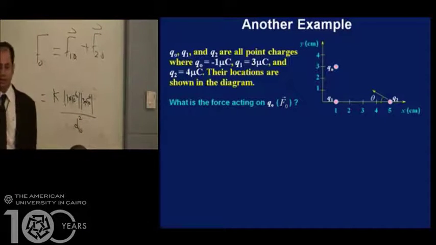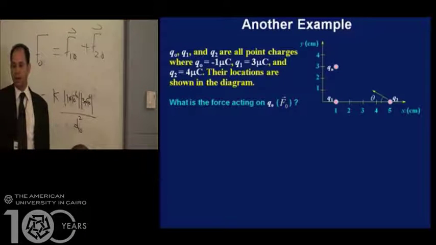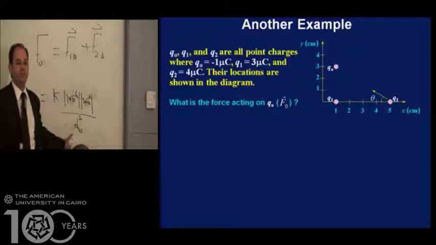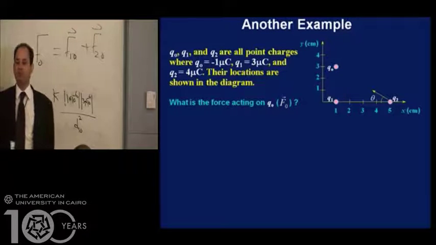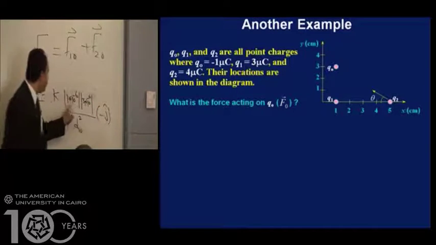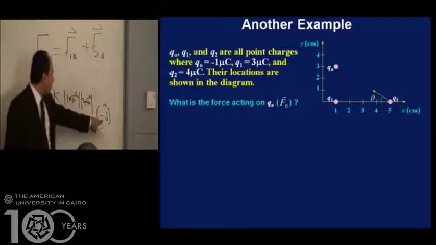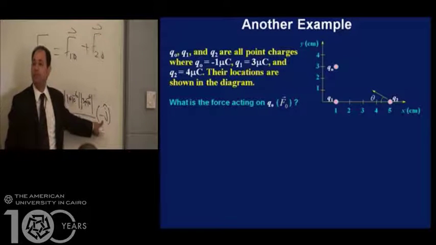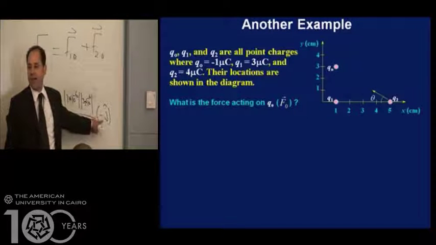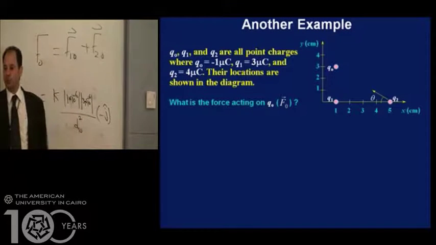This is the distance between 1 and 0 squared. I'm going to leave that for you guys. What is the direction of that force? I totally ignore the sign of the two charges, and I get the direction of the force by the physics. Knowing that this force is going to be an attractive force, I will be able to find the direction of the force. Then totally forget the signs of the two charges. This is